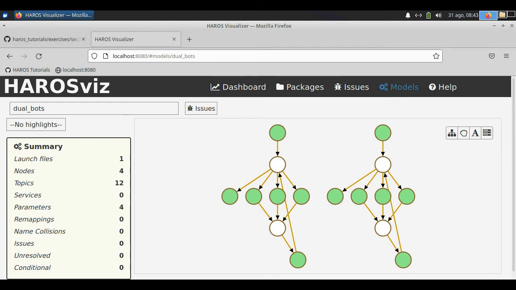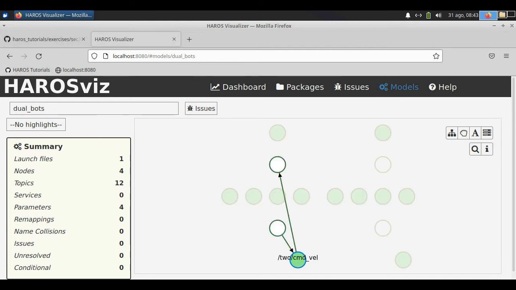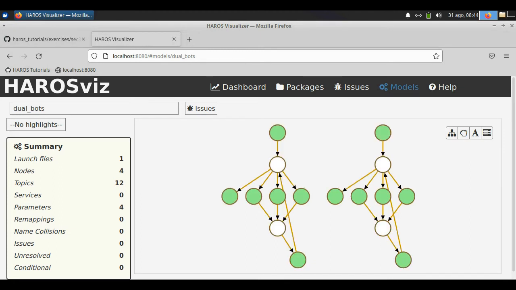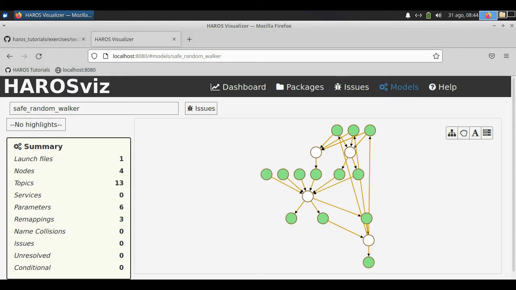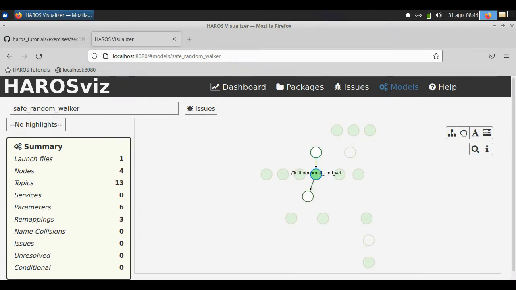We can clearly see that the 2 systems are separated and independent from one another. They no longer share any topics. And the other system seems to have changed as well. The previously disconnected topic is now pointing towards the right subscriber.